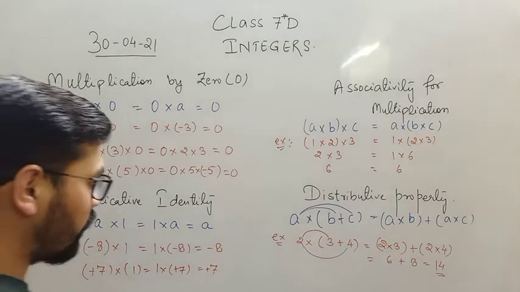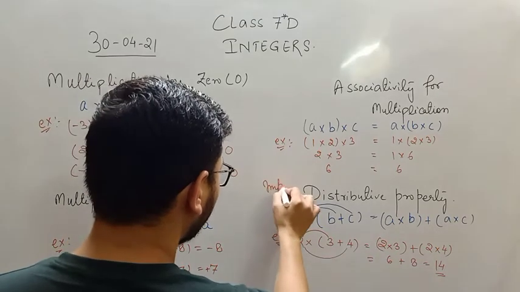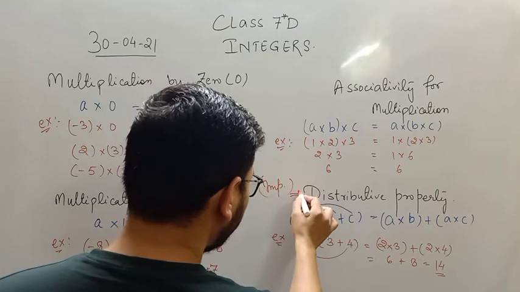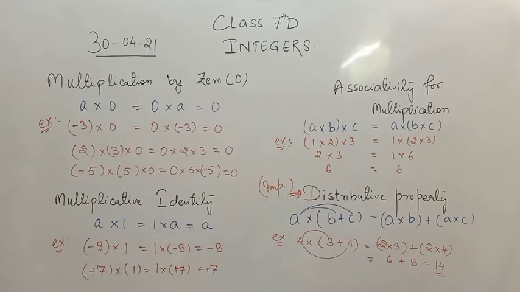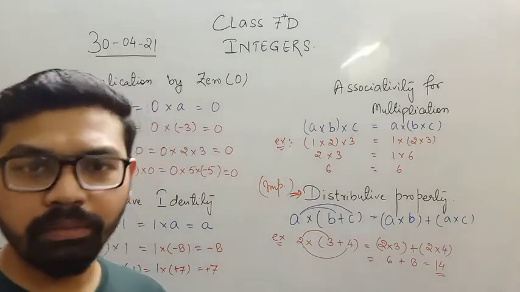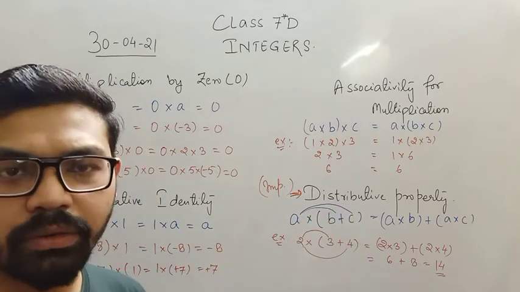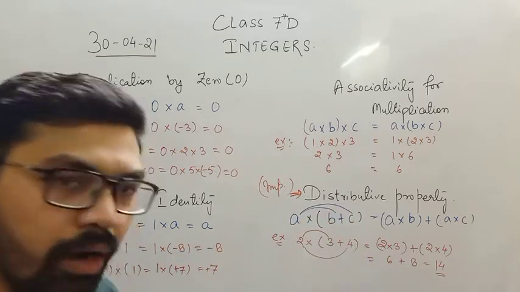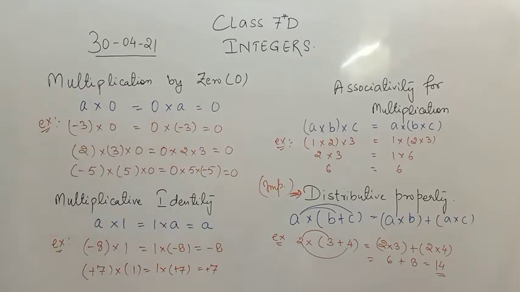And this is very important. Distributive property is very important for making calculation easier. How? I'll explain you later. बेटा distributive property बहुत ज़्यादा important है while you are multiplying two big numbers. Distribution property makes the calculation easier. Okay, how? I'll explain you later. But please note it down fast.